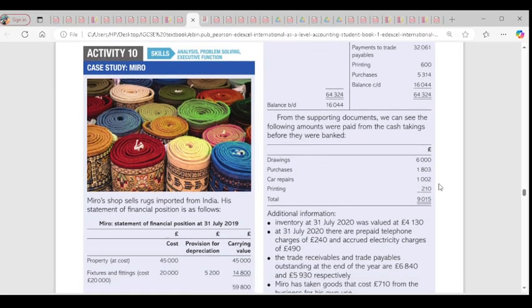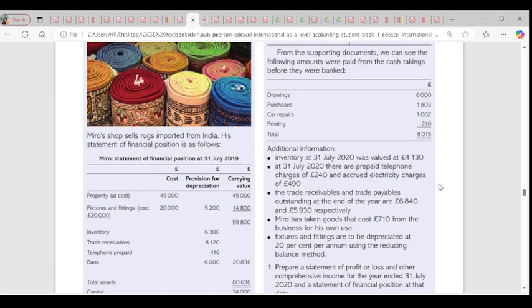Then depreciation. They said depreciation should be done by 20% reducing balance method through the carrying value, as I told you earlier, on fixtures and fittings. Fixtures and fittings has 14,800. So 14,800 multiplied by 20 divided by 100 gives us 2,960. Perfect. So 2,960 plus 810 plus 2,906 plus 674 plus 596 plus 7,301